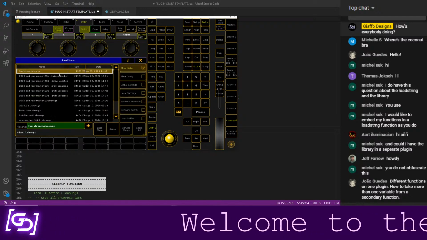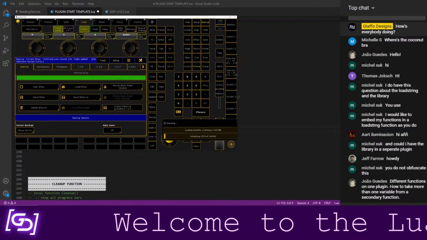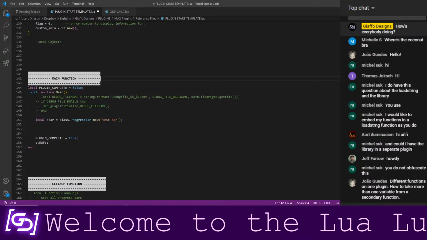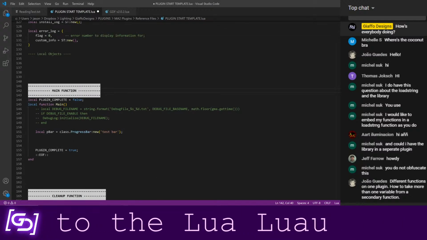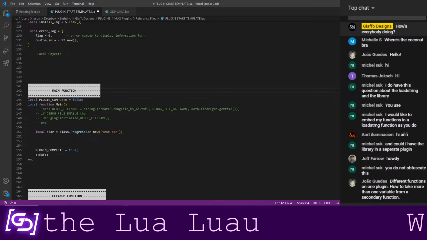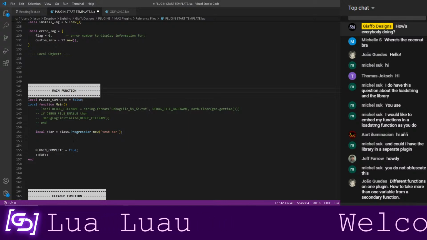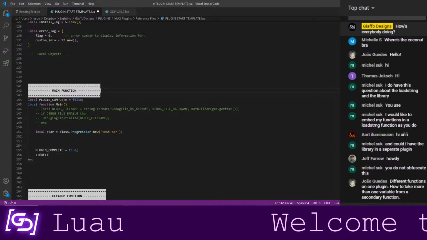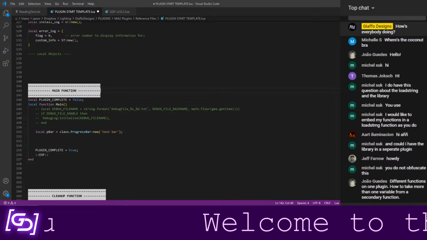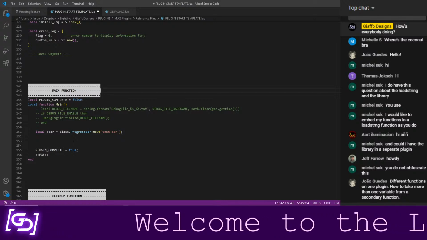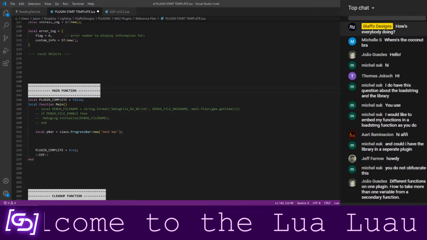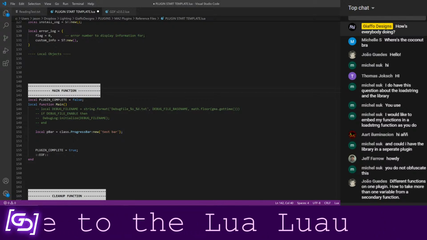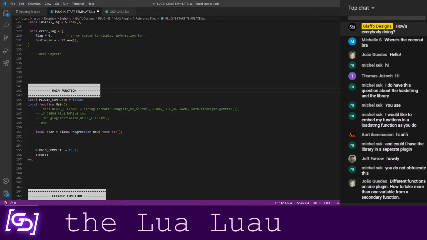So anyways, that is why all of those live in there. So one of the things that I do is, first off, the plugin is always checking when it runs the cleanup function to see if the plugin actually completed successfully, because there are certain things I'm going to want to happen only when the plugin crashed, and other things that I will want to happen every time the plugin ends.